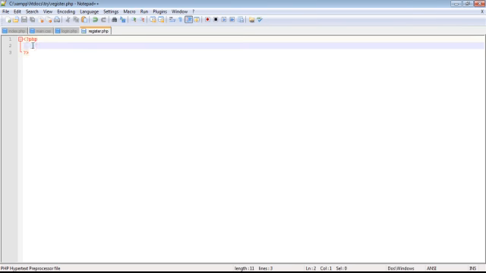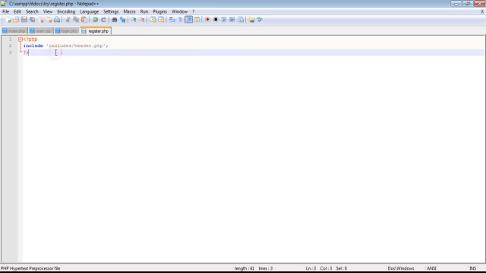And to include the header, type include folder slash header.php, then save. And to start, we're going to create the registration form,